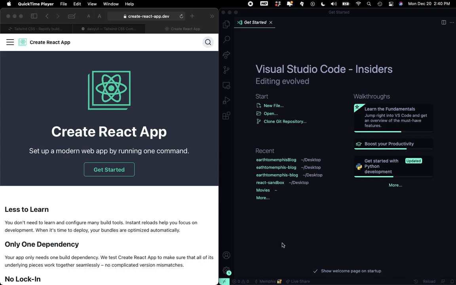Hey, it's Memphis here, and I'm going to do a quick tutorial video. I found a CSS framework, or styling sheet framework, that I'm going to be using in every project from here on out, and I'll show you a little bit about my tech stack that I'm going to be working with